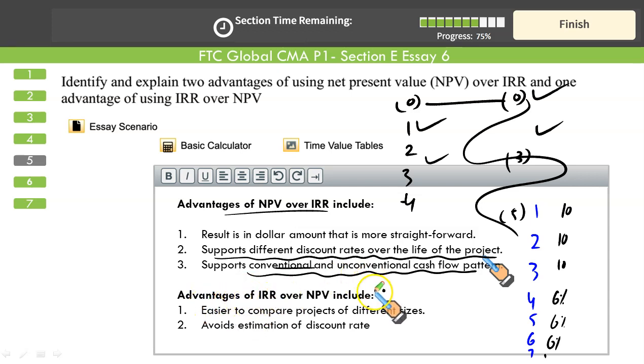Advantages of IRR over NPV. IRR is easier to compare between different projects. Percentage versus percentage, easier. It avoids estimation of discount rates because IRR itself is a rate. So we don't need a rate to calculate. Just like for NPV we need a discount rate, for IRR we don't need a discount rate. IRR itself is a rate. That's enough for this. Then